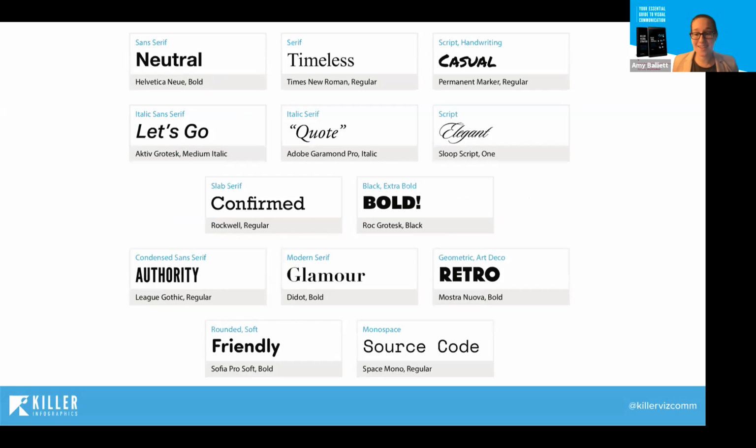Now, the next thing to consider in the world of these visuals is fonts. Every font that you choose is going to make a significant difference in how your users interact with your product or your service, or how they perceive it. For instance, maybe you are running a wedding planning company. Well, in a situation like that, it makes perfect sense to use a script-based font like this elegant one that you see here. But if you're trying to sell